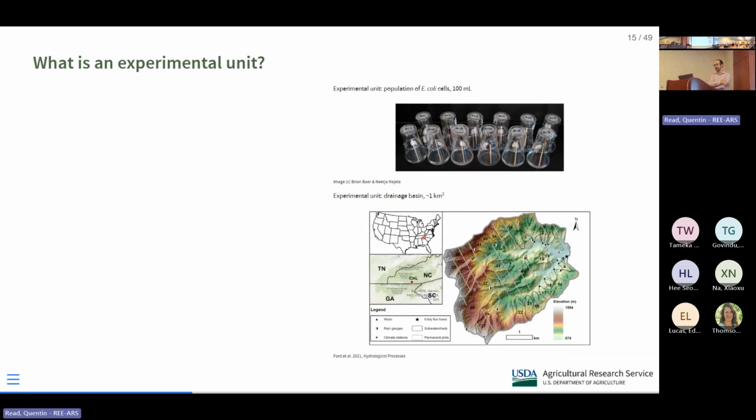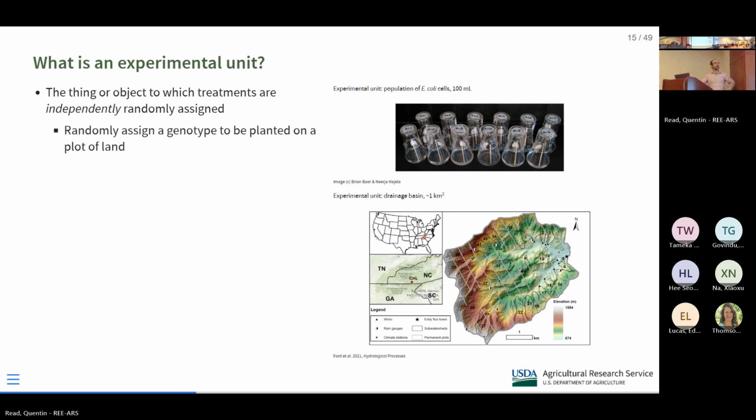Okay, this is something that Matt and I were talking about yesterday, and so it does come up in your stuff. What is an experimental unit? An experimental unit is anything or person or animal or object that you independently, randomly assign the treatment to. So like if you're doing an agricultural study, you have a big field, you divide the field up into areas and you randomly assign a particular area to be planted with one variety of crop and another. So it's random which piece of land gets which crop. So that little plot of land is an experimental unit.